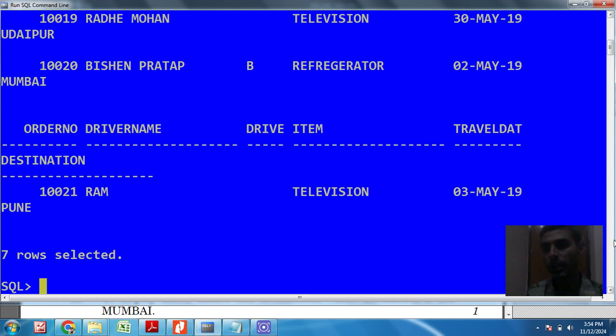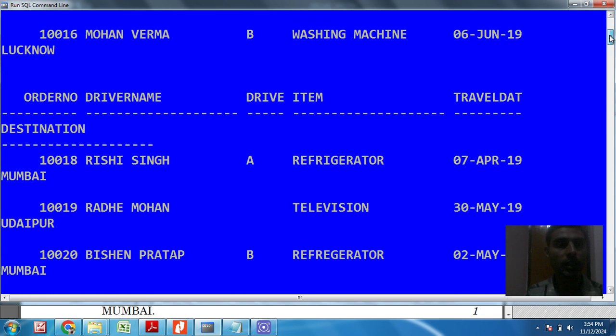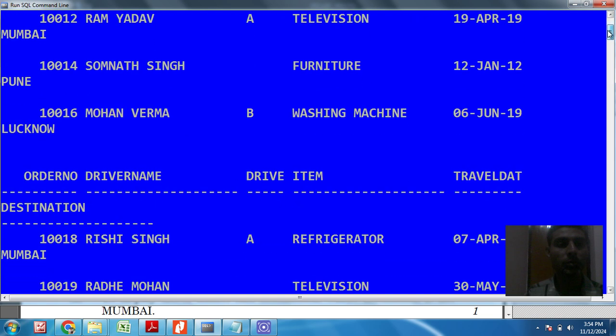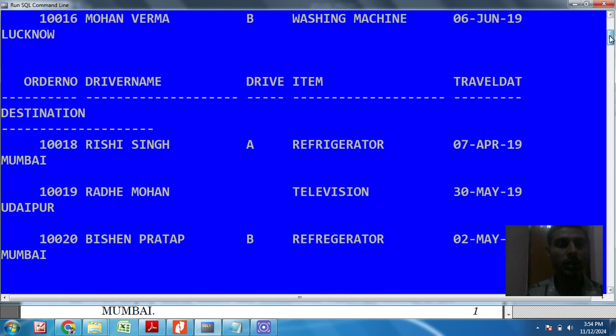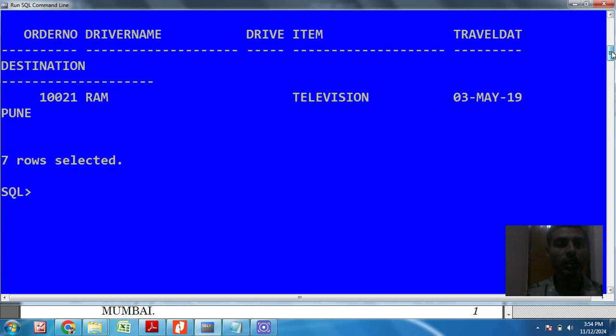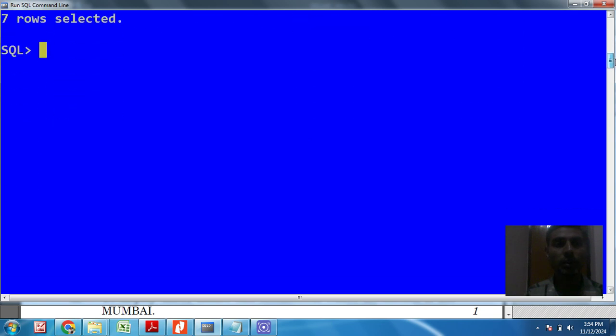So this is my table transporter, just like in your question. And here we have Ram Yadav, Somnath Singh, Mohan Verma, Rishi Singh, Radhe Mohan, Bhishan Pratap and Ram. So this is my table. Now clear the screen and go to the first question.